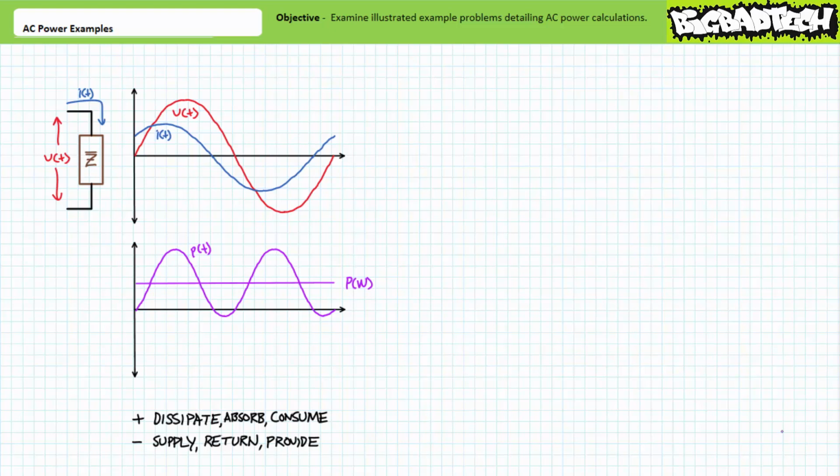It can therefore be said that over time, this load, despite experiencing regular momentary periods of negative power, on average consumes, dissipates, or absorbs a measurable amount of positive power. This average power figure is known as the real, actual, or true power, and it's symbolized as a capital P and measured in units of watts. Real power is that amount of power actually put to work by the element in question, either heating up a space if it's a heater, turning a load with a specific torque and rotational speed if it's a motor, or